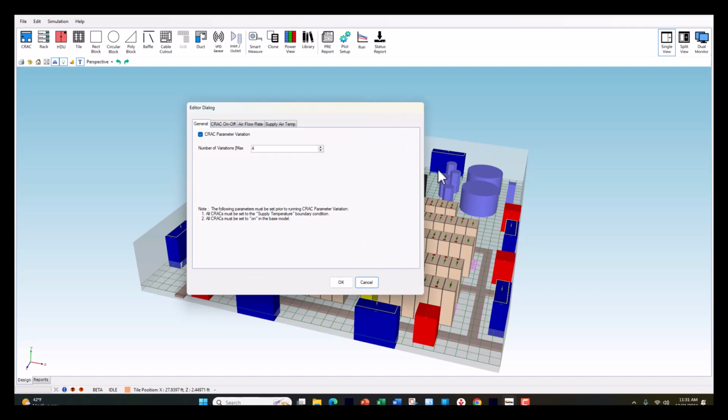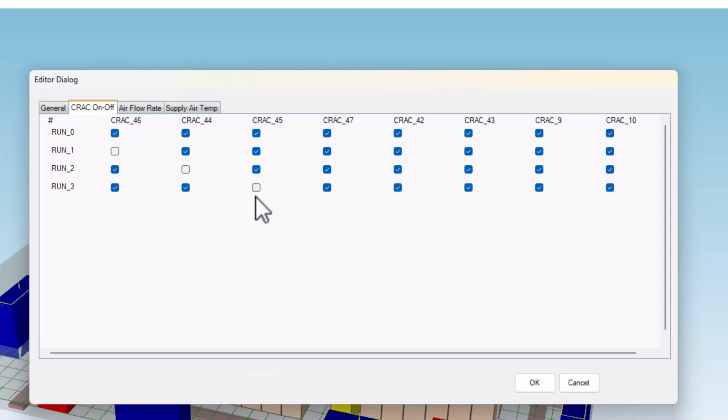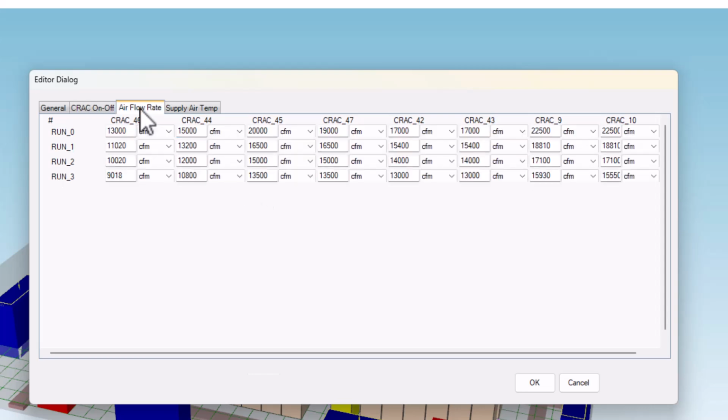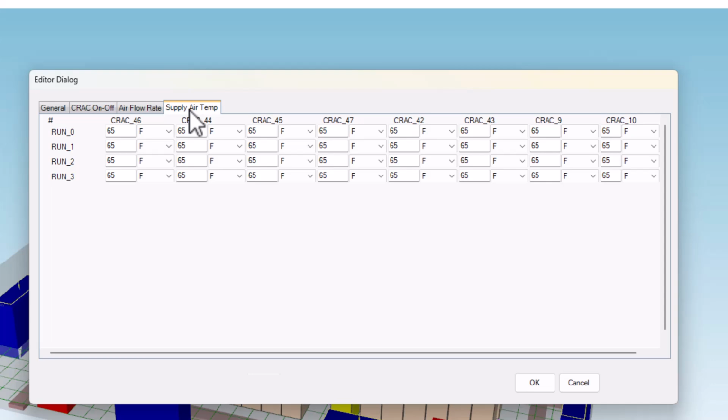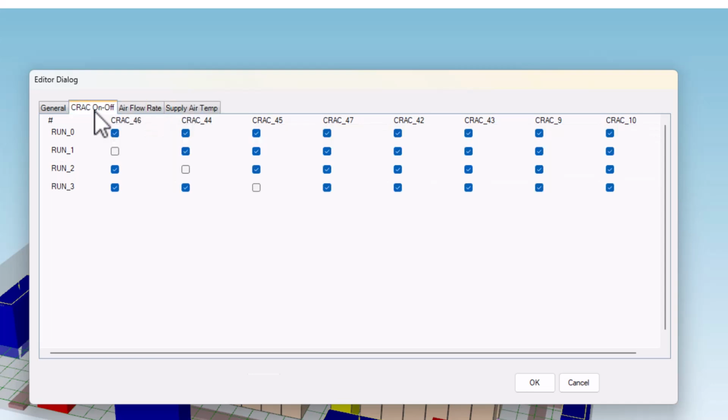In CoolSim you can run up to 4 variations. Here I turned off some cooling units. So for run 0 I have them all on, but for run 1 I turn one off. For run 2 I turn a different one off, and in run 3 I turn another different one off. You're also able to change the airflow rates, which I change a little bit in these different runs, and also supply air temperature. So those are 3 variables we allow you to vary using the feature called crack parameter variation,